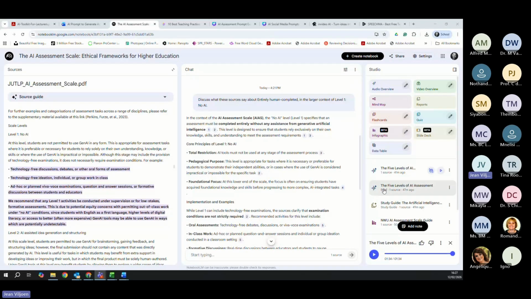So with the first podcast I created, I just asked for a quick, brief summary on the 5 levels of the AI assessment scale. So I'm just quickly going to play it, and please just react if you can hear. If you can hear the